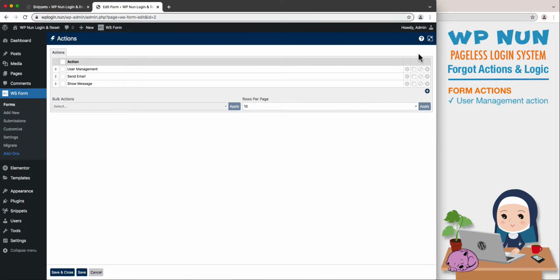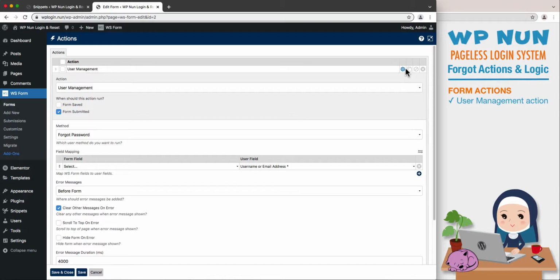First, let's edit the user management action by clicking on the gear icon next to the action's name. With this action, we check the input from the registered email field against all registered email addresses in the database. If the email address is registered, the form will proceed. If the email address is unknown, the form will halt and display our custom error message, which we will configure via conditional logic later.